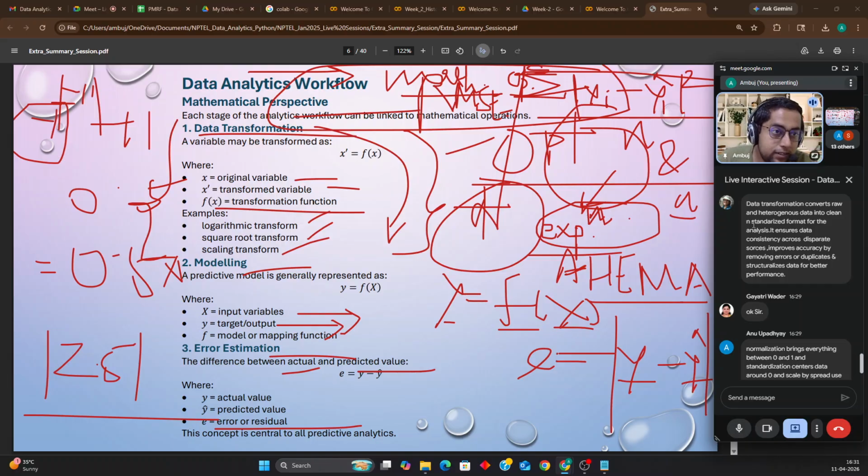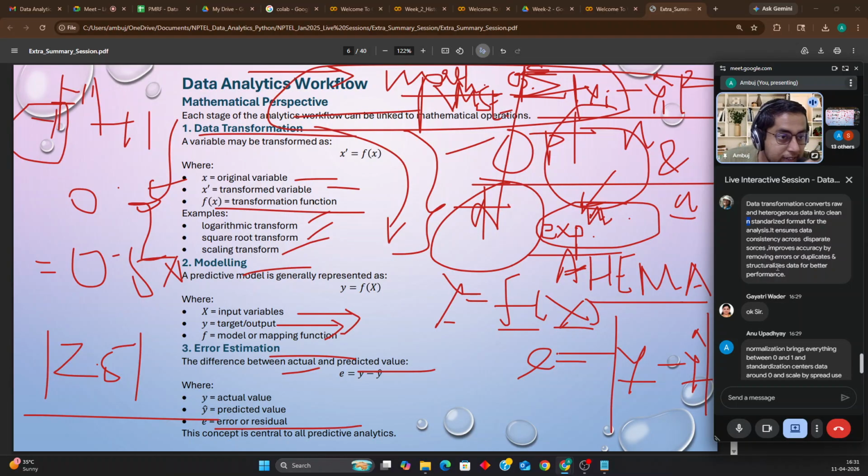Write in clear words. Do some hard work in the examination itself. Sincere request to you all: in the examination, do at least some of the hard work. Whatever you want to convey, write in the standard language. Into clean and standardized format for analysis. This will be "A" and "D". This will not be "N". Nitha, please take care in the examination.